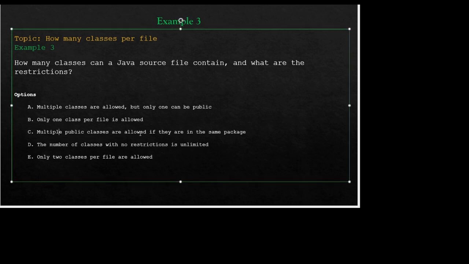Then the fourth option is number of classes with no restrictions is unlimited. It's not correct. There is a restriction that there has to be only one public class, and here option E is only 2 classes per file is allowed, right? Which is not true. So we see that the correct answer is A, and the explanation is a Java source file can